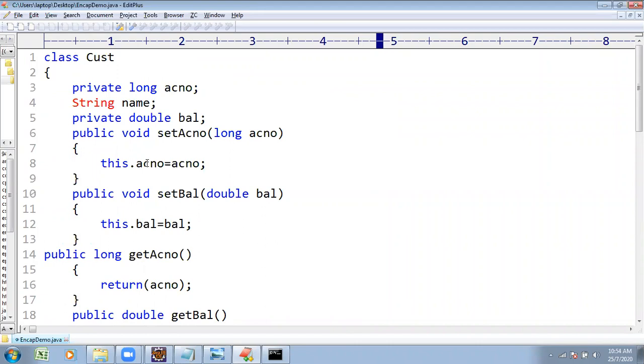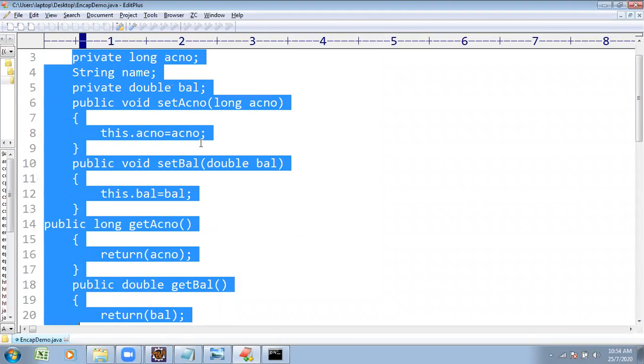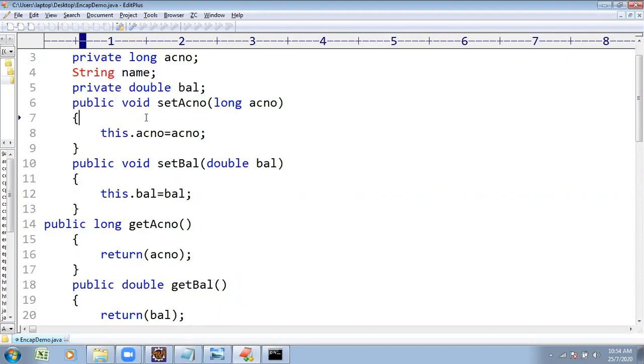For private properties accessibility, you declare it as private. Private can be accessible within the same class only. It cannot be accessible outside. But if you want to access it outside, what do we have to do? Public setters and getters methods.